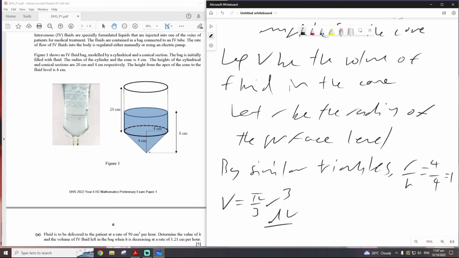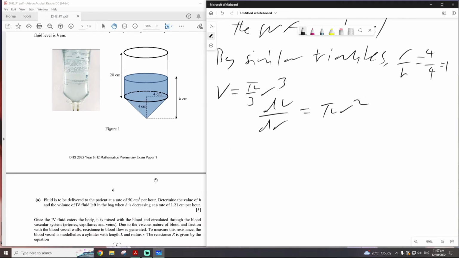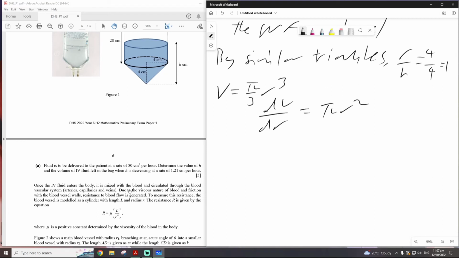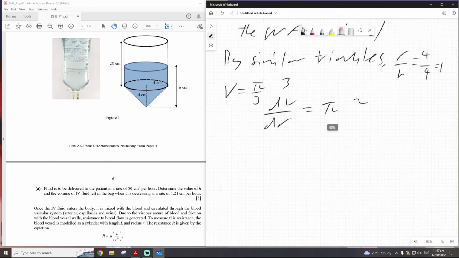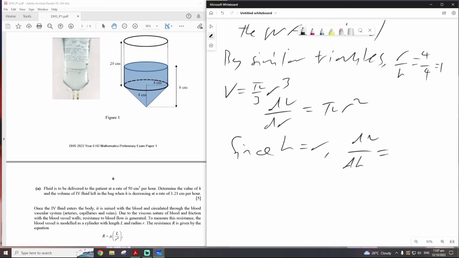Okay, dV dR will be pi R square, and you can use this to solve for the value of R. Actually, I can write it as pi h square. How about I consider h? Yeah, I should probably consider h actually, but never mind. Since h equals R, I can also write dV dh equals pi h square also. Okay, so